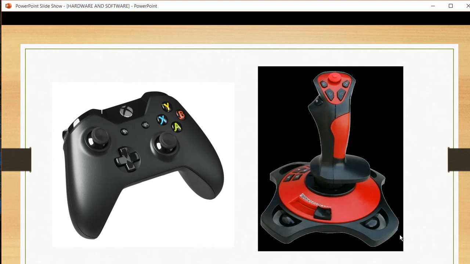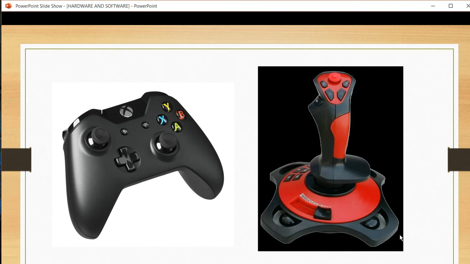Do you know the name of this input device? Yes, this is joystick. And do you know what is the use of joystick? I hope you all have used this device. This device is used to play games.